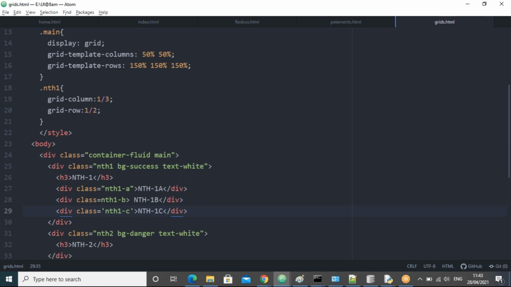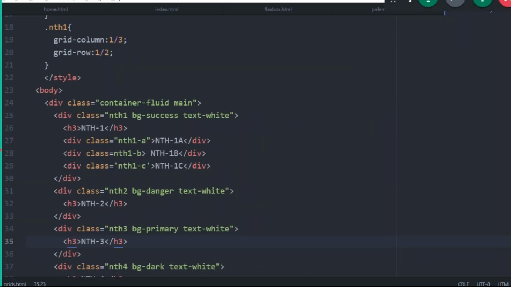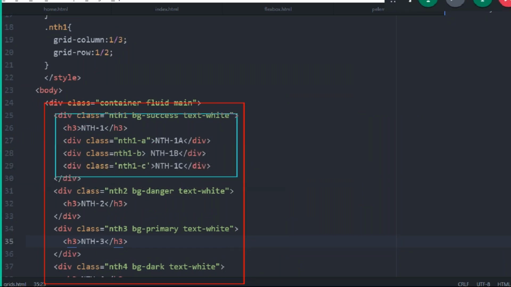All of you observe. I have taken the subgrids here; this is the main container, guys. In this one, this is the first grid. In that grid, I am taking some subgrids again: div1, div2, div3. And H3 is already there, guys.